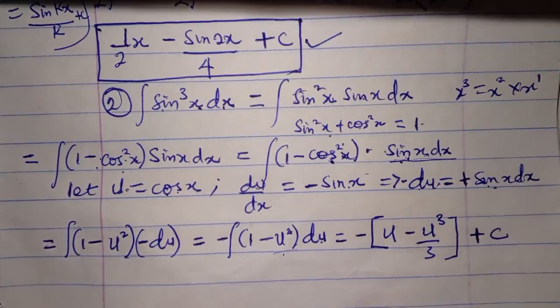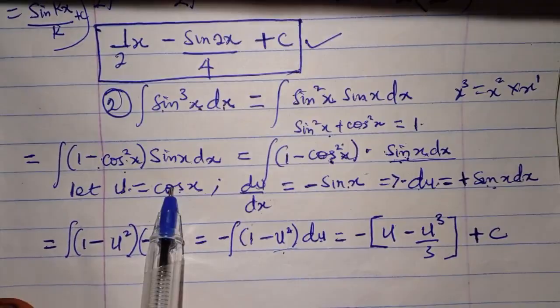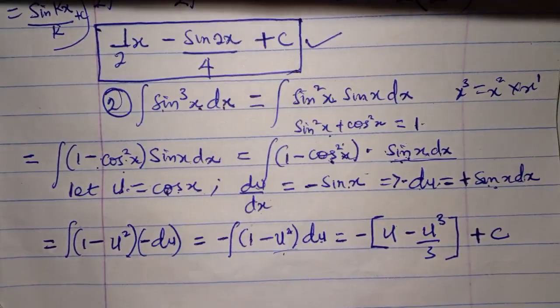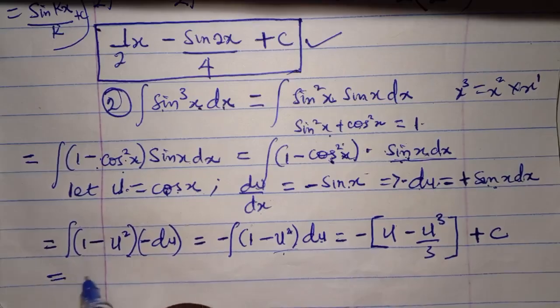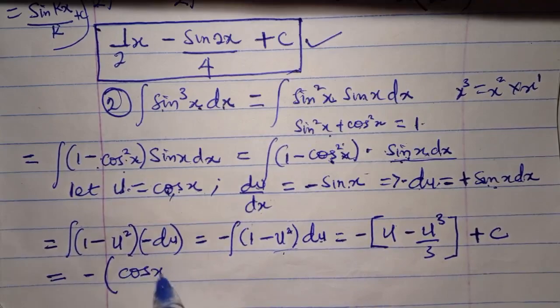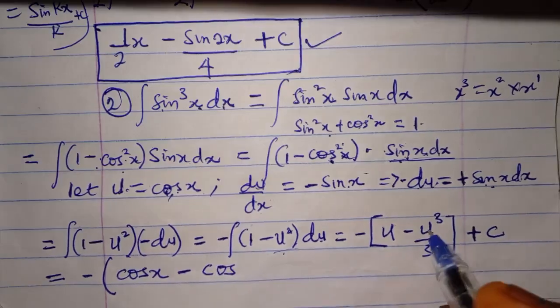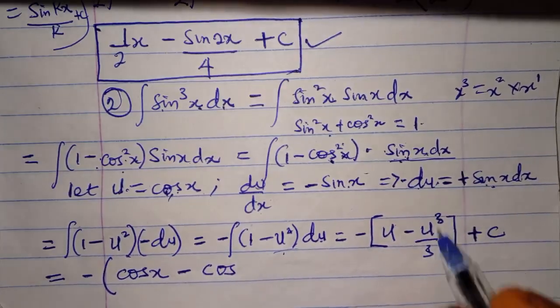Remember we said let u be equal to cos x. So we are going to make back that substitution. This is now minus, what is u? Cos x. Minus u is still cos x. So this one will now be cos cubed x, alright, cos cubed x all over 3